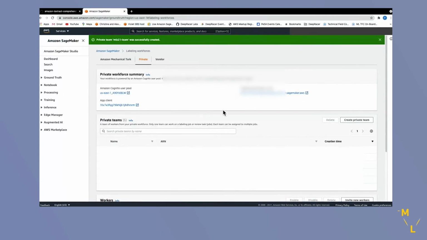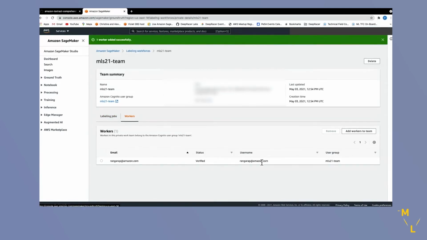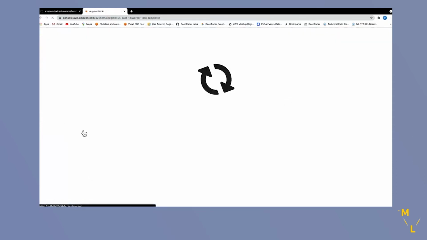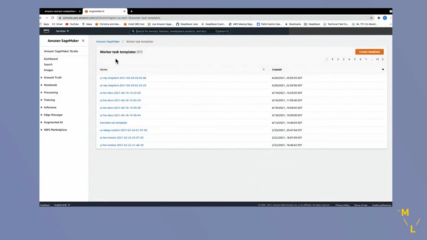We created a private team. We added the worker. We're going to create a task template.